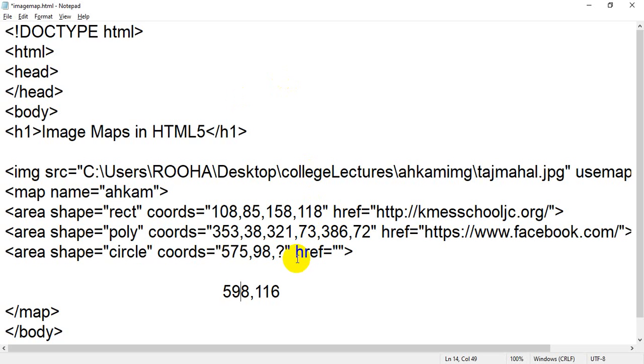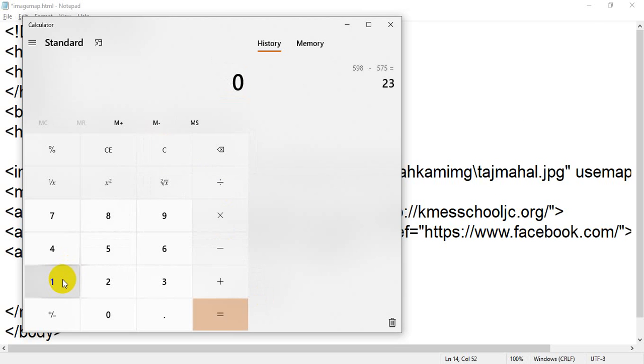Or you can take 116, that is a y value, and again this is the y value. 116 minus 98 equals 18.